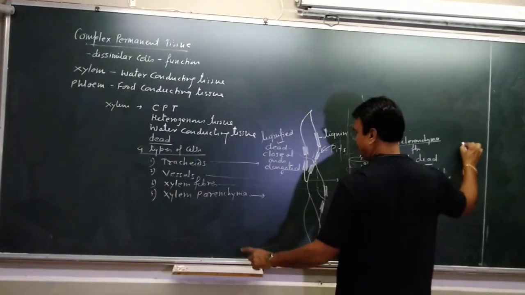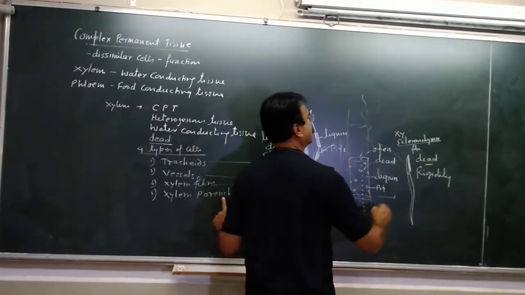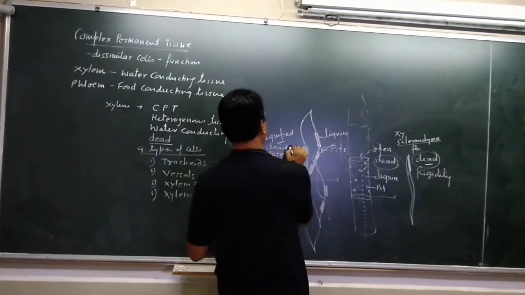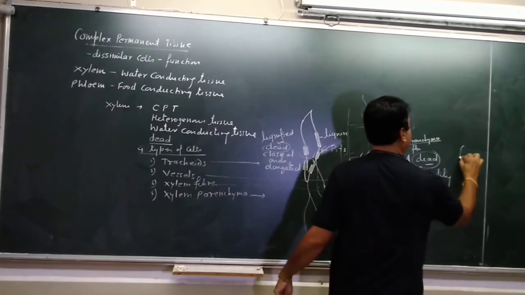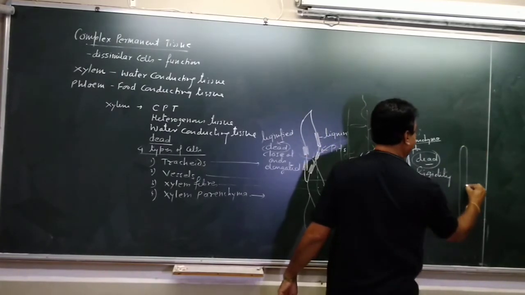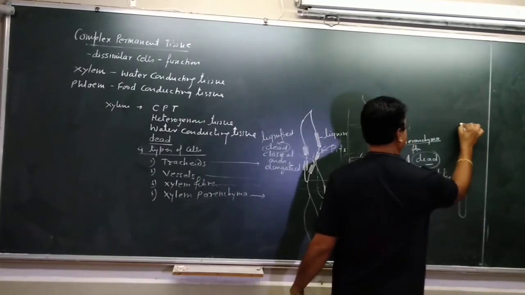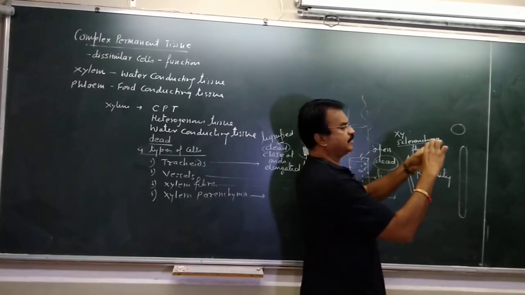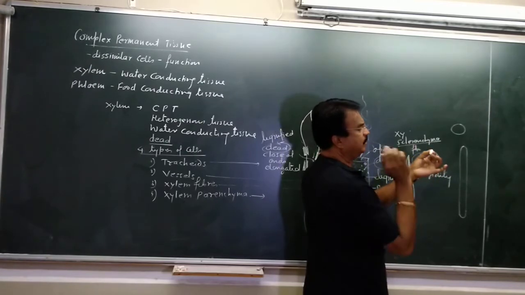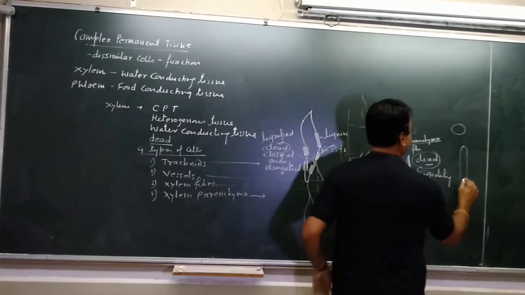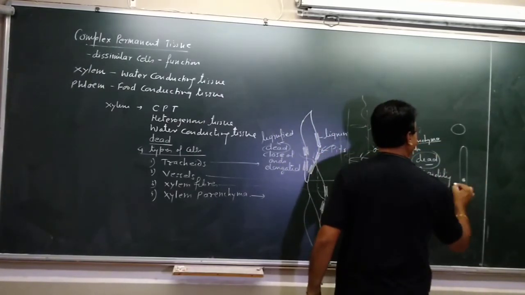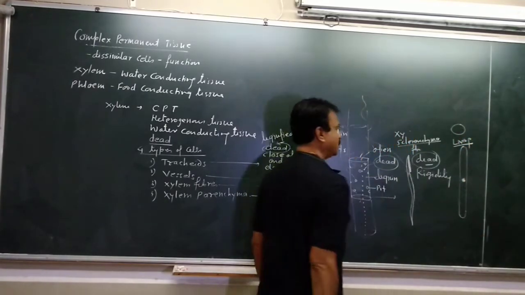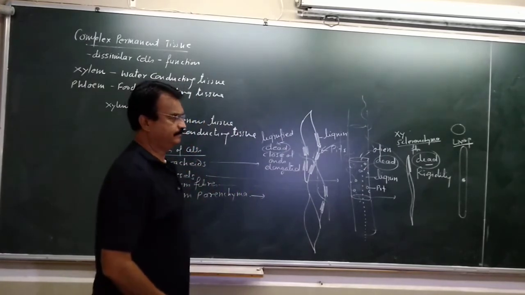The fourth component is xylem parenchyma. Whenever parenchyma comes, this is also dead, this is dead, this is dead. Xylem parenchyma cells, elongated view like this, and the top view will be like this. It is just like a chalk. This is parenchyma. If you see from this side, it will be oval and this will be rounded. It contains a nucleus. This is the only living component in xylem.